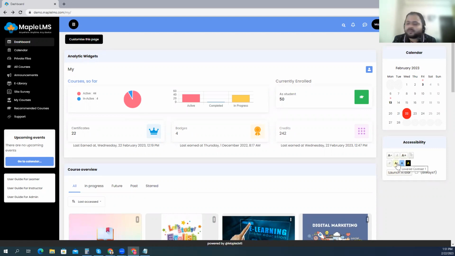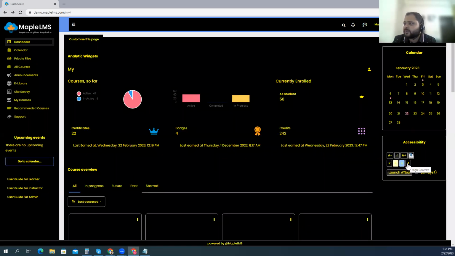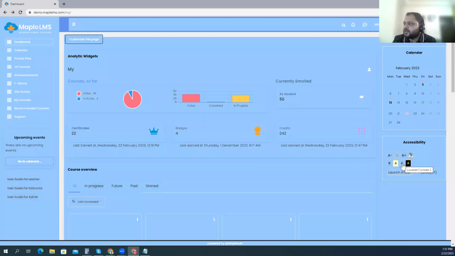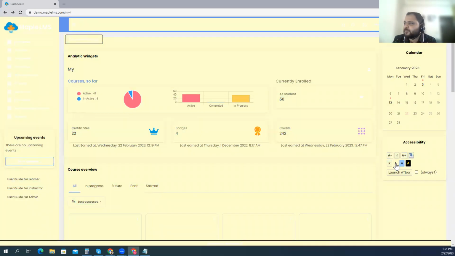And some options around contrast, which is really helpful for visually impaired individuals. There are options to change it to a high contrast. So for example, if I select that, you will notice now the system is fully in a high contrast mode. We can always switch that to a lowered contrast and also go back to a more lower contrast, a level down, I would say.